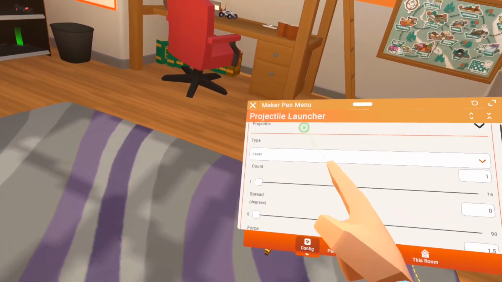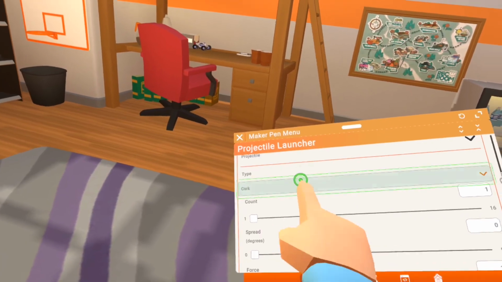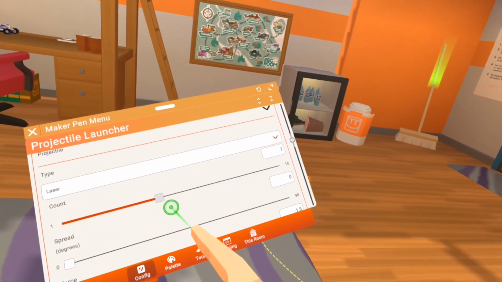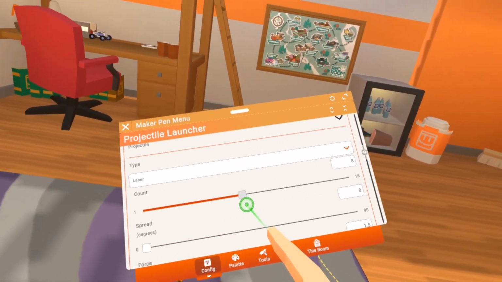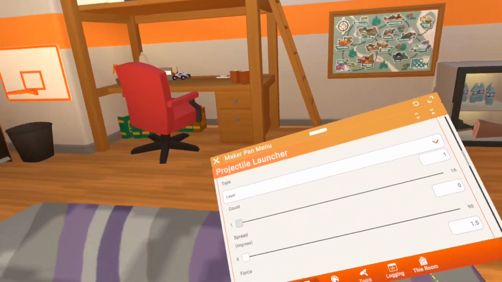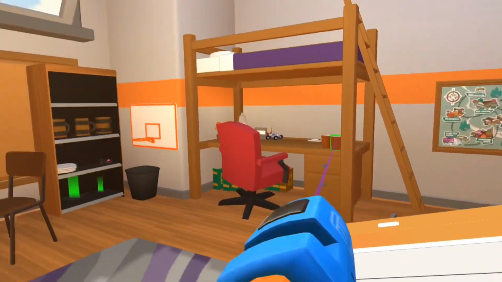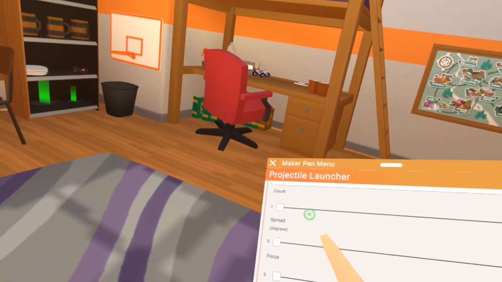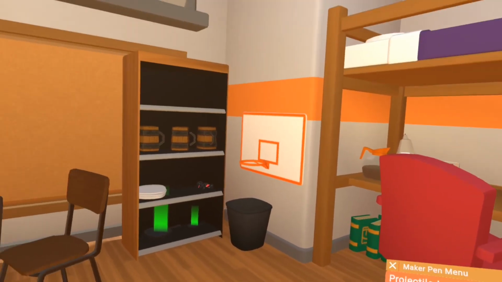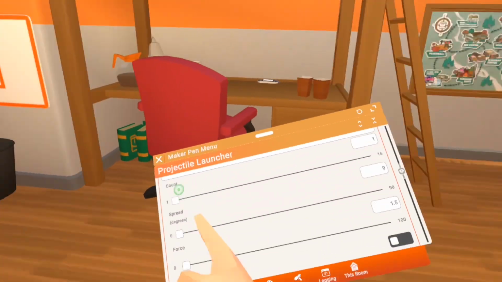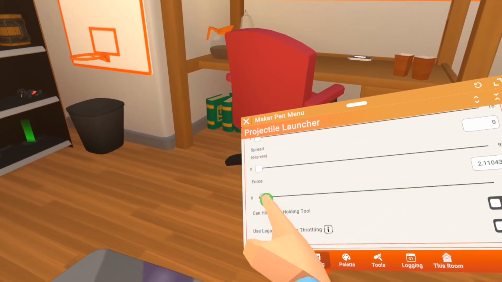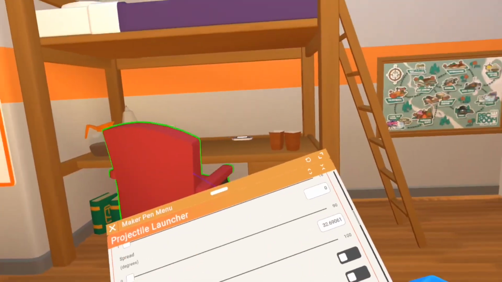I'm explaining these, and if you don't want to listen, then that's fine too. So I'm gonna do laser, because laser. And then we're gonna shoot 8 lasers. Wait, no. That doesn't make sense. We only shoot 1 laser. You can make the count of bullets it shoots go up to 16. And then this controls how spread out they're going to be. So if you're making a double barrel, you're going to turn the spread up, because then it's going to go pew. And you're going to add more bullets too. And that's going to go pew. And then you can also change how much force it has. Mine shoots a laser, so force,